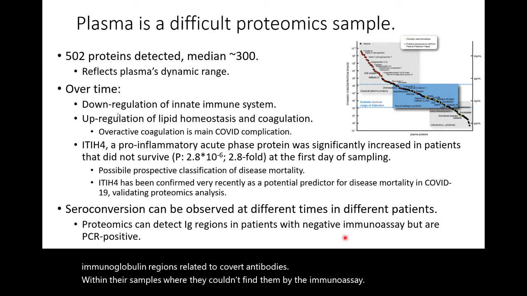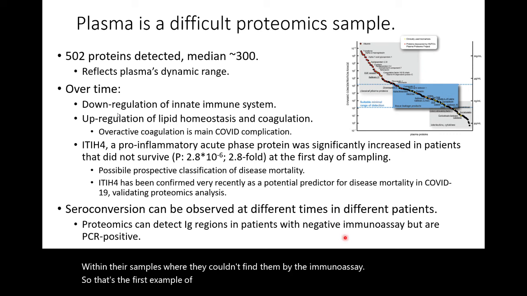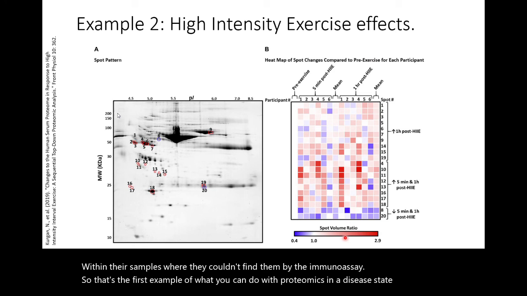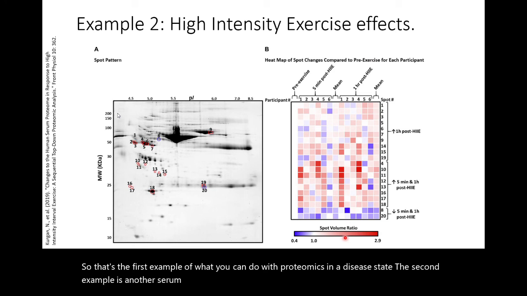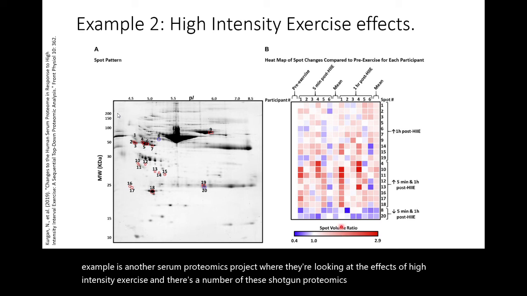So that's the first example of what you can do with proteomics in a disease state. The second example is another serum proteomics project where they're looking at the effects of high-intensity exercise. There are a number of these shotgun proteomics approaches, but I wanted to pick this one because it shows the